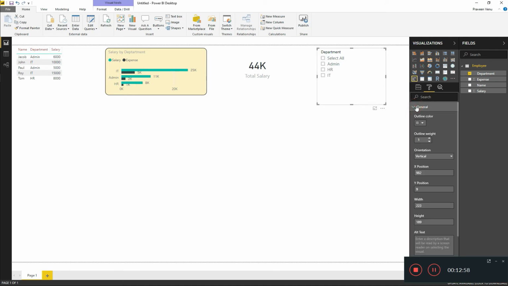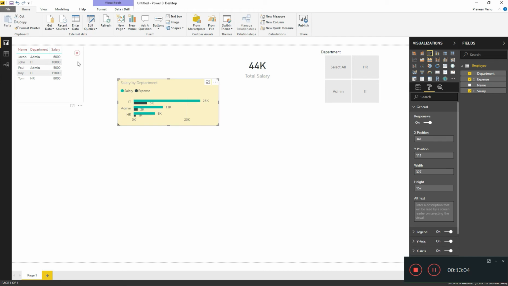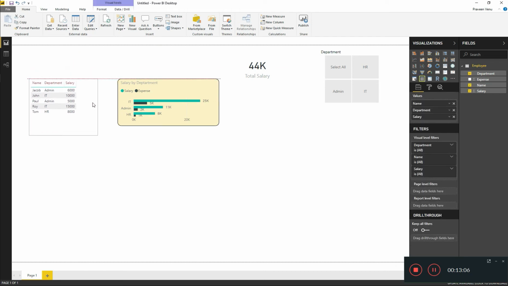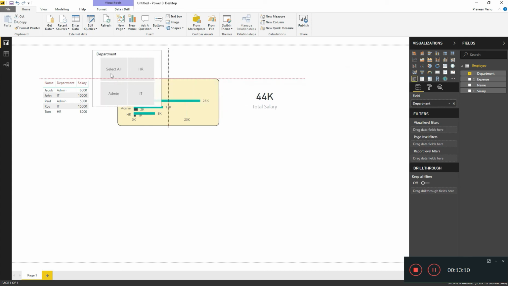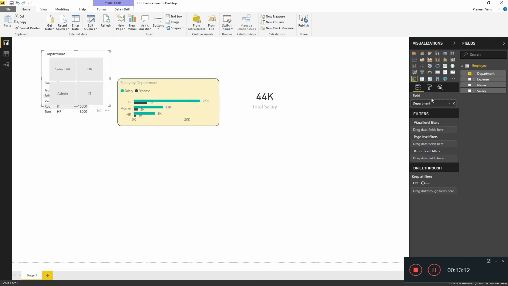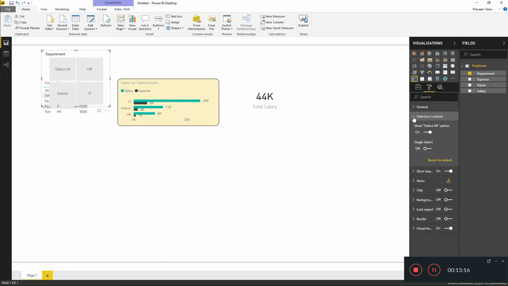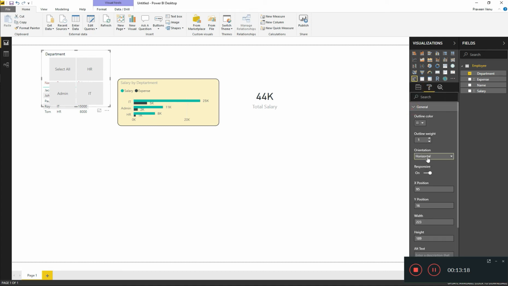Sometimes you may need to go for horizontal instead of vertical. You may need to place it on the top, like for example, I may need to have it here, and I want to place it here instead of vertical. This one, so I just select this. I change to slicer general option. I just make it horizontal, and then I go to